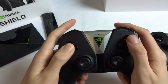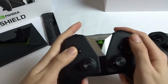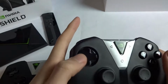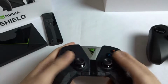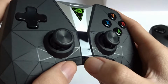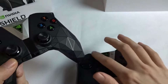Oh, the D-pad. Oh, that's a good D-pad. That's a good D-pad. Unlike this one, you can't even feel when you're pressing them. It's pretty bad. But yeah, this is awesome. It has buttons here, and they're not touch besides this one, I guess. No, this one's a button also. So these were touch sensitive controls, I guess. I don't know what to call them,